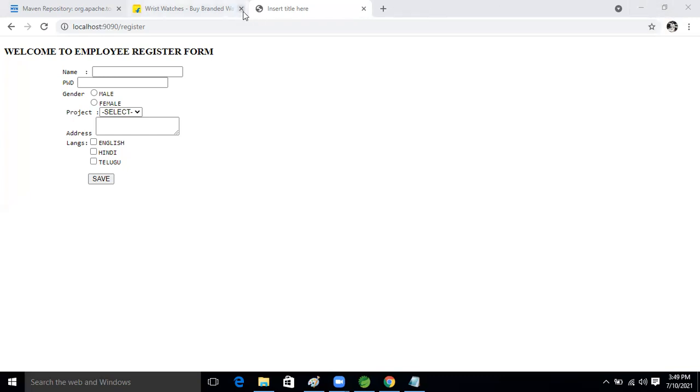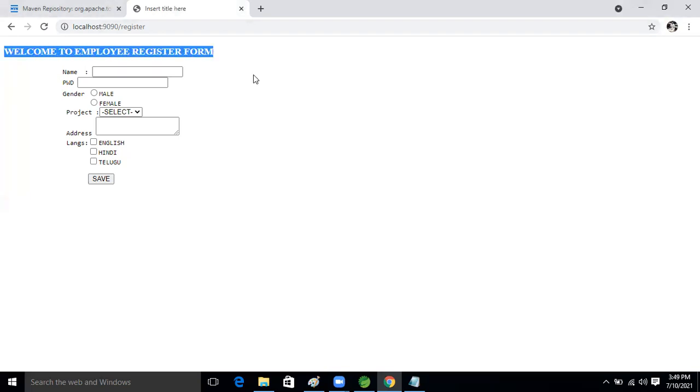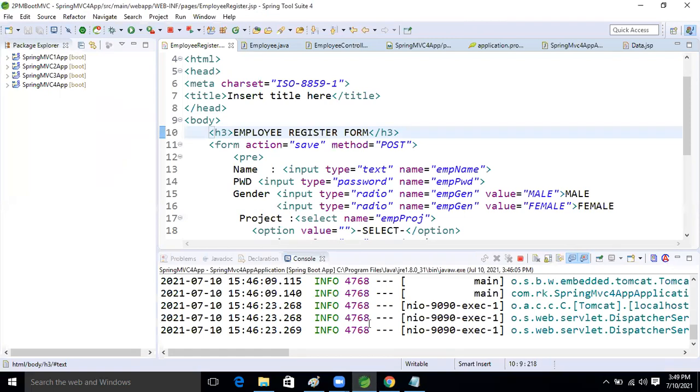So if we take the dev tool, then what will happen? We don't need to run, stop and start our application every time for even small changes, guys. Because of that, we are taking the dev tool. So in the same application, let's take the dev tool. This is the application now.